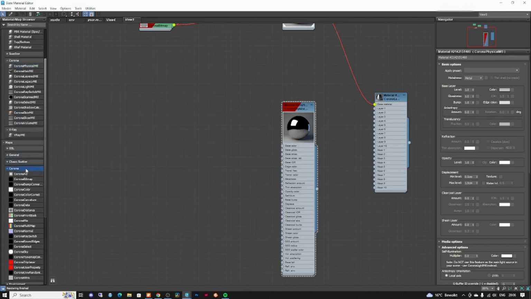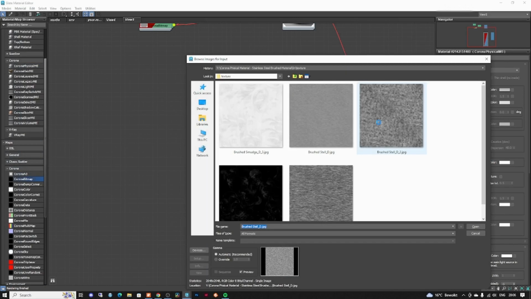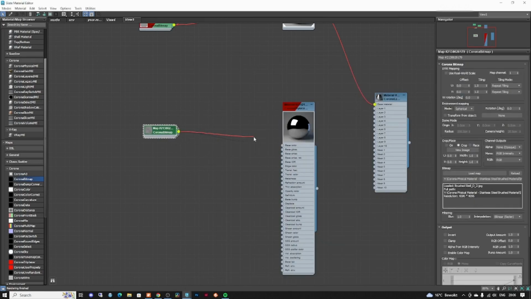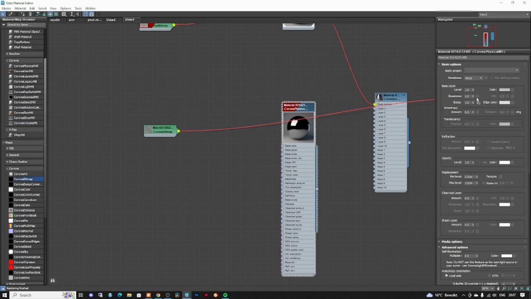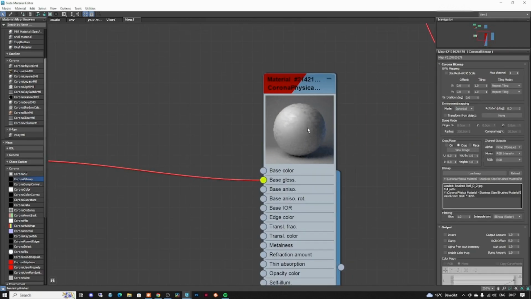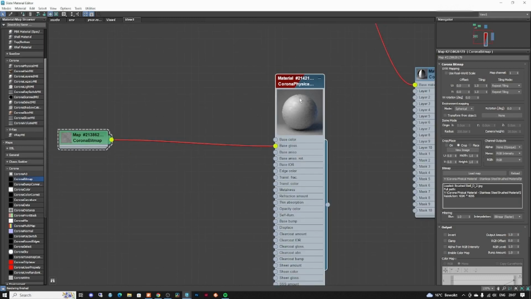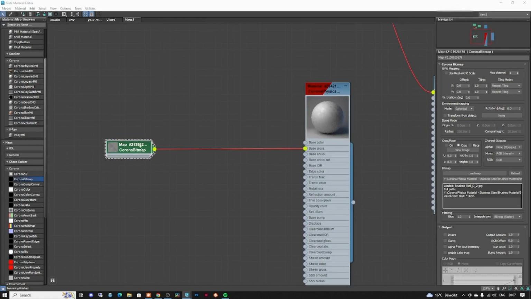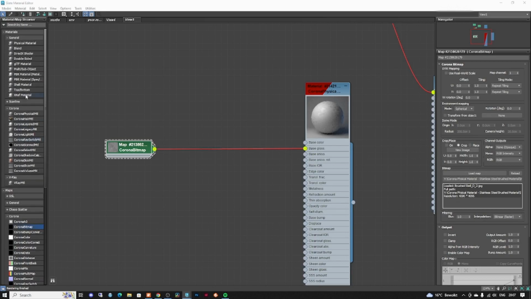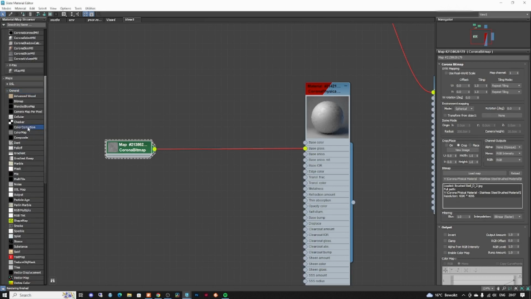So I'm gonna go to Corona bitmap. Here I'm gonna use the brushed steel diffuse 2. I'm gonna open this. I'm gonna add this to my glossiness, and in the moment that I did that, you can already see that my material is changing. So to make this material more metallic, I'm going to use from general a color correction,